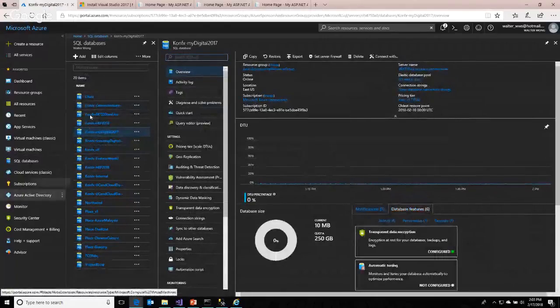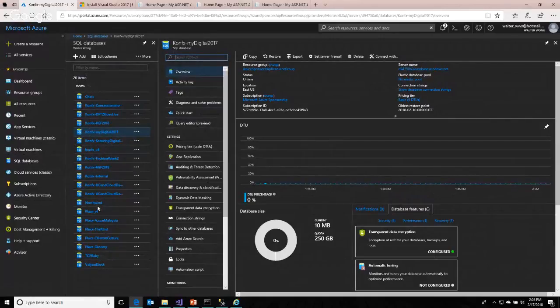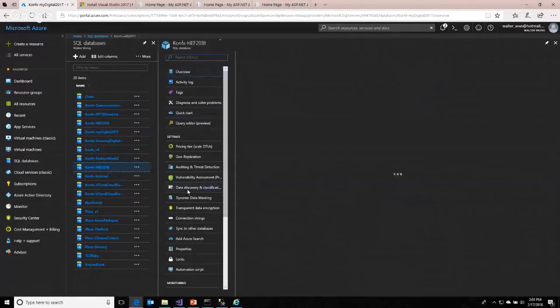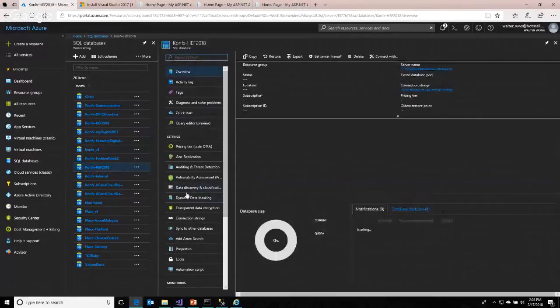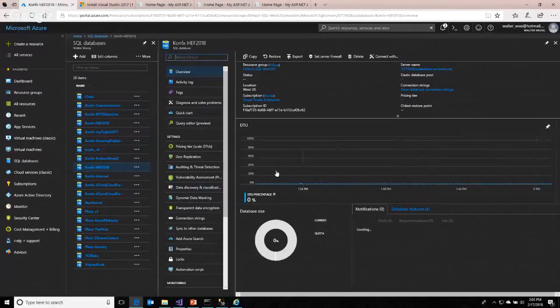Currently, there's no traffic, but I can give you another one which has traffic inside there. This one also doesn't have data, so I need to change it. Let me click on another one.